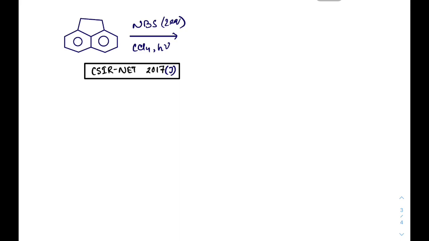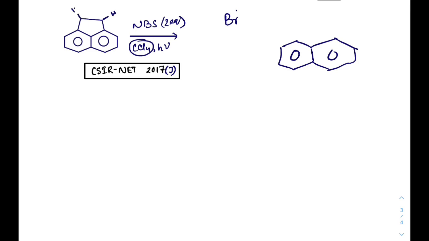Now comes our next question, which is very simple. This is a non-polar solvent. There will not be any kind of bromonium ion type intermediate. In this case, the bromine dot will react over there, and it will take the allylic hydrogen. As we all know, these hydrogens are allylic. There are two equivalents of NBS. So the first equivalent will take a hydrogen dot from there and form an allylic bromide.